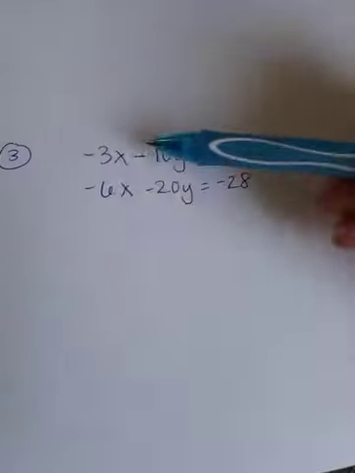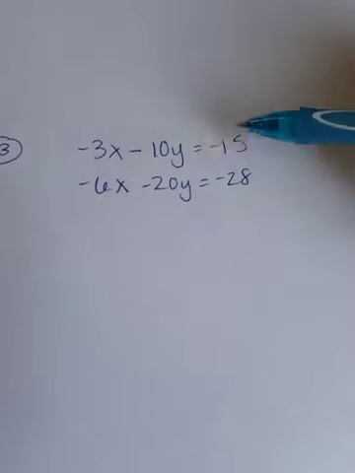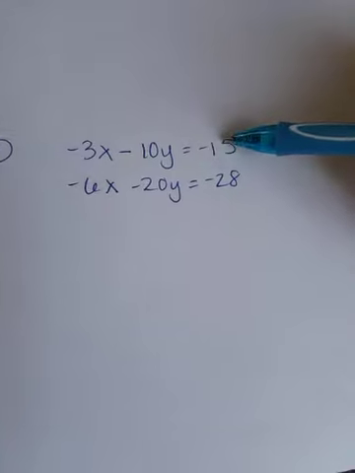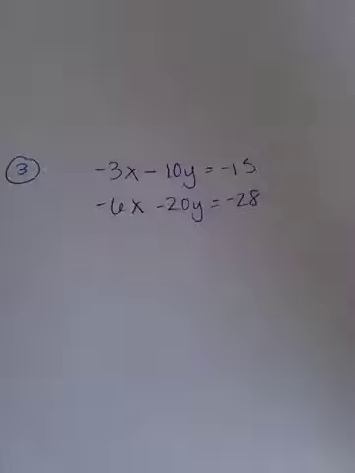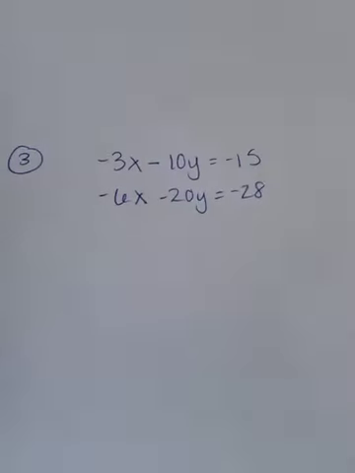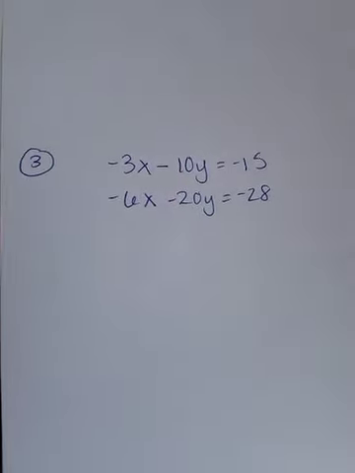Okay, and here's number 3. Again, please note that your x's are lined up, your y's are lined up, the equal signs are lined up, and everything without a variable is lined up. Now, looking at this, again, always look to see if any of the terms cancel out right away when you